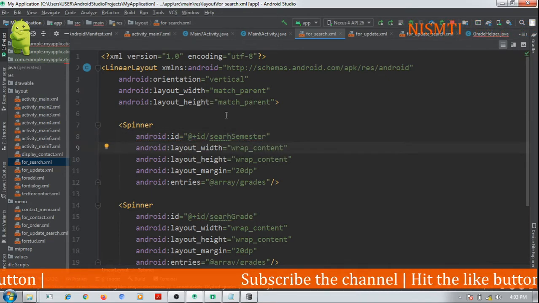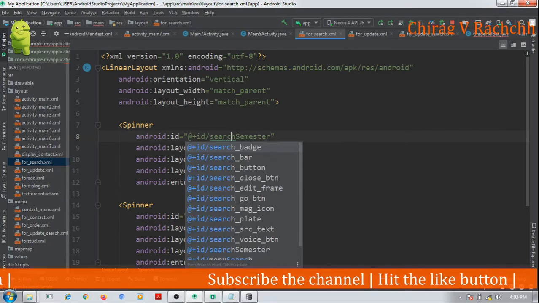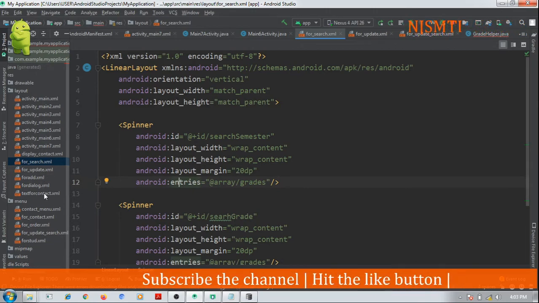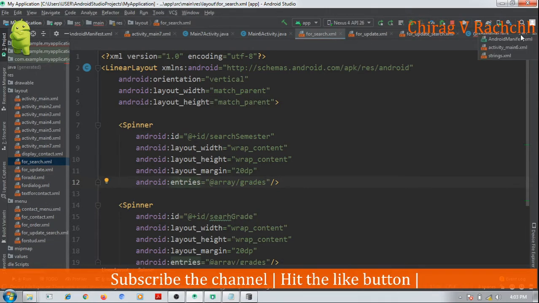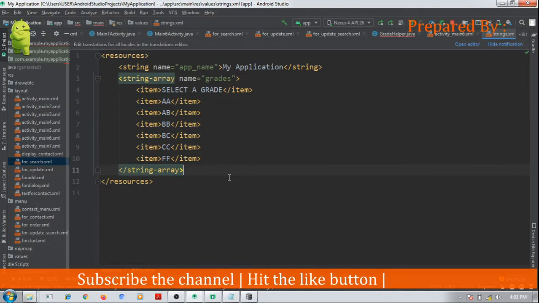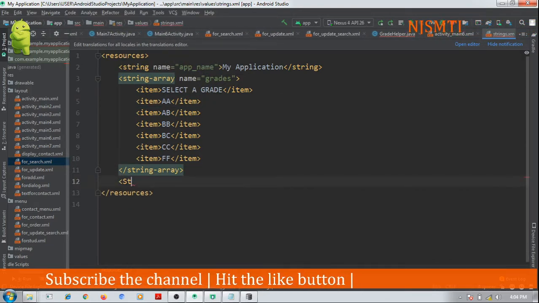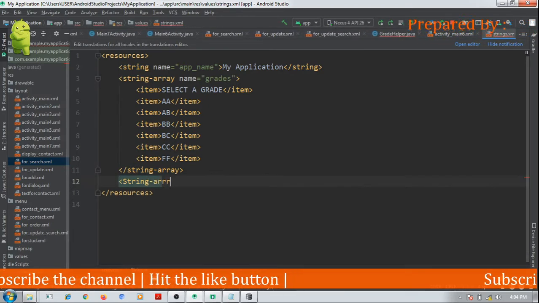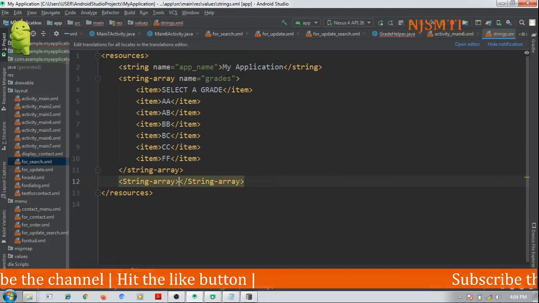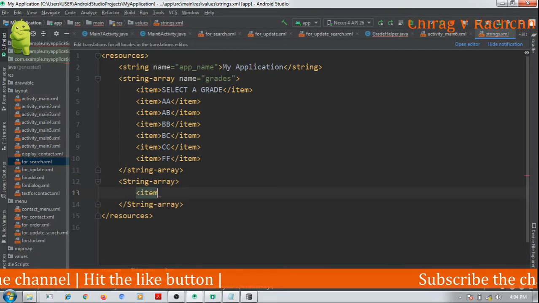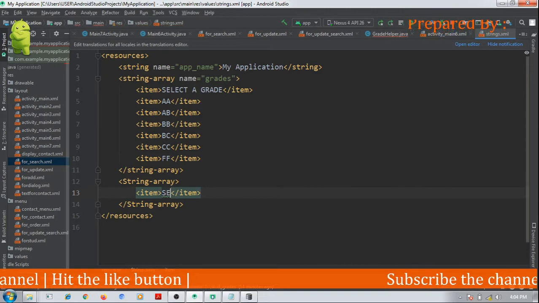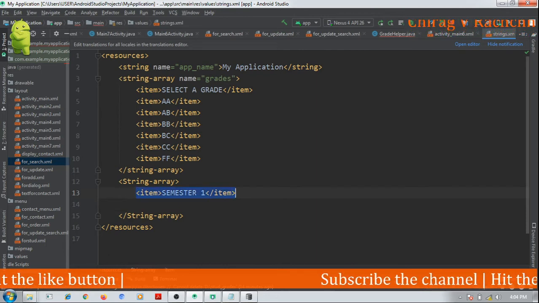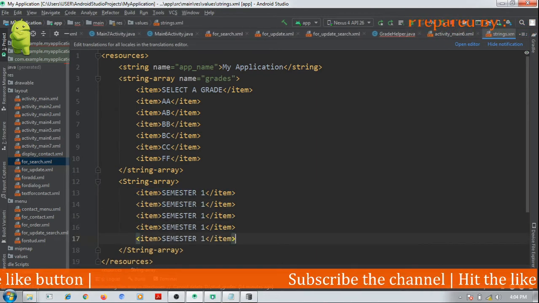For putting the list of semesters, we need to go to strings.xml and define a string array. Here the items will be semester 1, semester 2, 3, 4, 5 and 6.